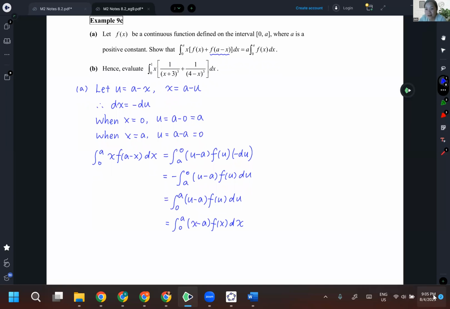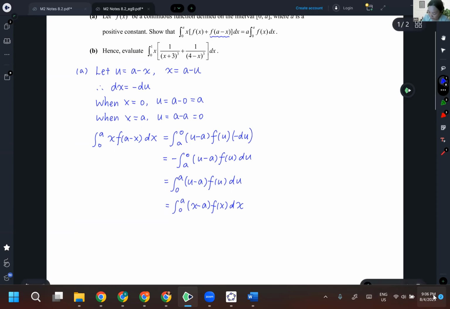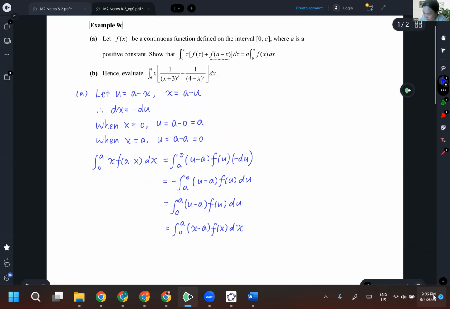Okay. And again, the last time when I changed u to x, I'm not saying u equals x. I'm saying the integral equals the integral. Is that okay? Now, to use the equation, the left-hand side, I think I can write it here, because the left-hand side from 0 to a of x f of x plus f of a minus x